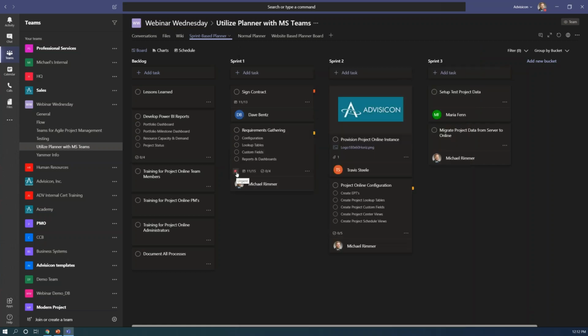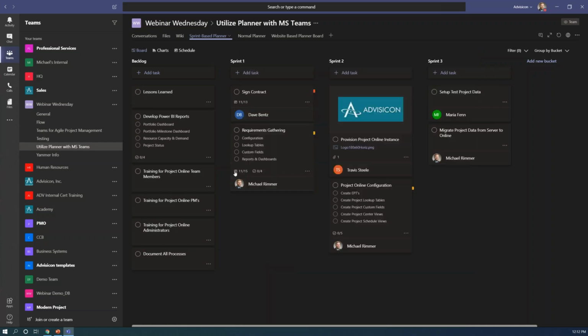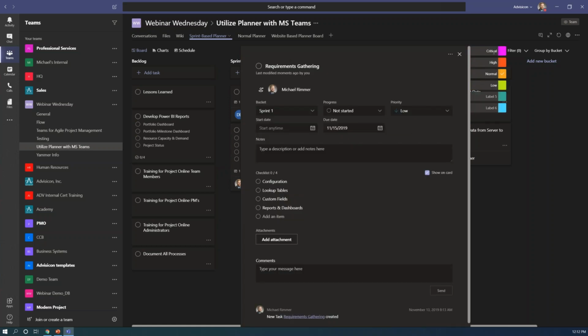You can see the little urgent icon here, but moving it back to medium or to low, there is no priority field. So I've gone ahead and made my own over here with these labels. You can choose to do this in any other way that you deem fit. I've seen clients use it for departments or accountability, like who owns this, not who's doing the task, but who is responsible or accountable for getting it done. So there's many different ways that you can use these labels up here. It's typically best practice to not assign more than one label to a task, so just keep that in mind.